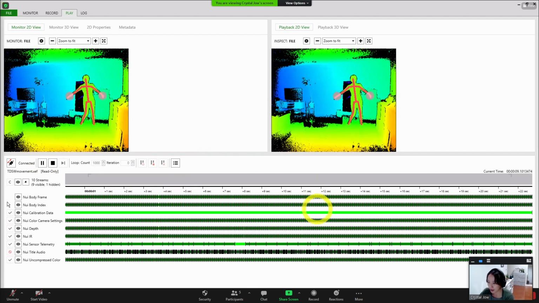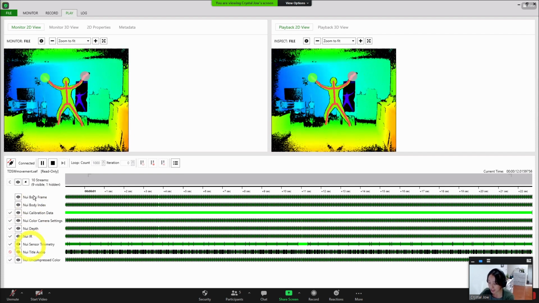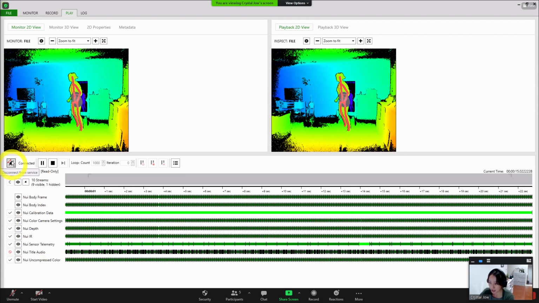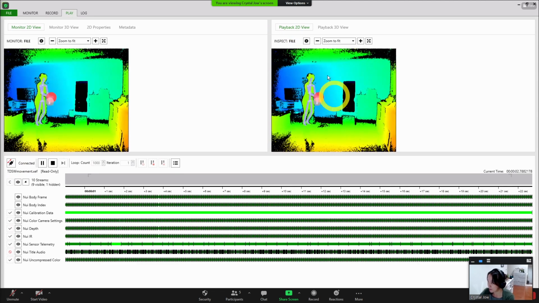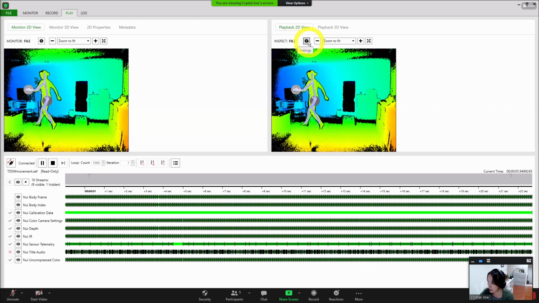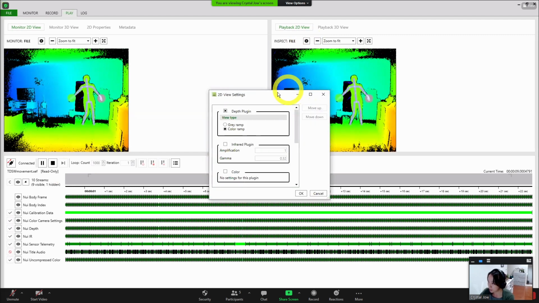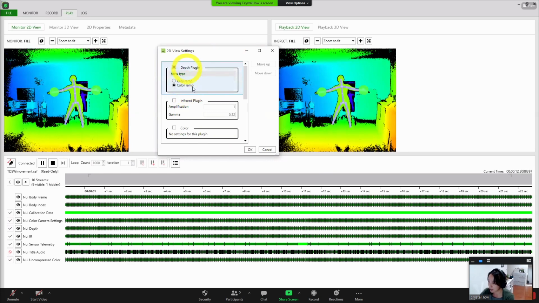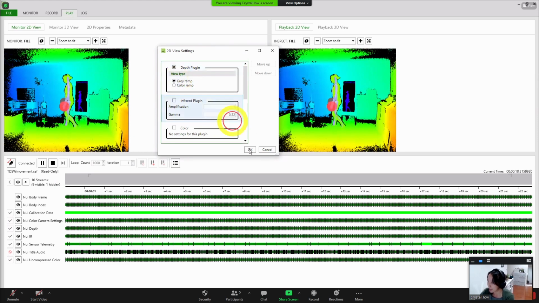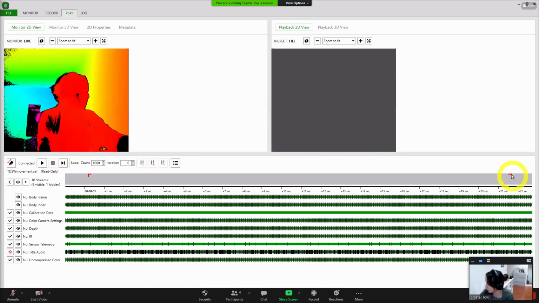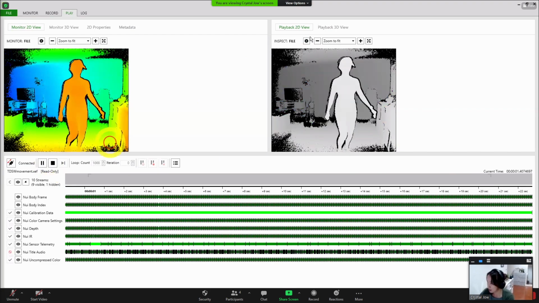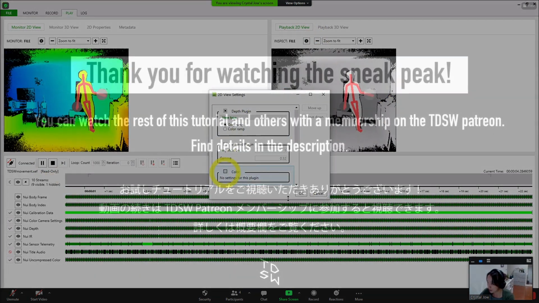So again, this is a timeline. On the left, you can see the different data that is playing. Make sure this is always red when you want the data to pass through. And over here on the right, you see the video. And if you click on the setting button, there are different setting options. You can set it right now to depth color ramp, and that's usually the automatic setting, but you can have it as a gray ramp. Or hold on, I'm going to crop the ending a little bit more. But you can also put in color, which would give kind of